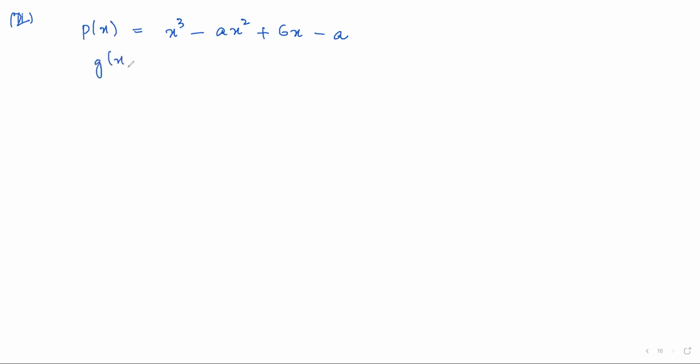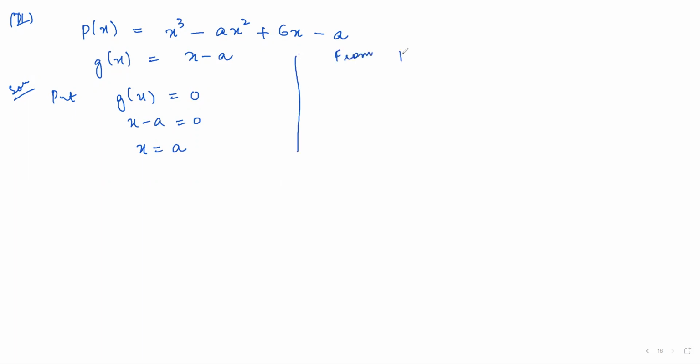So my gx is what? x minus of a. Find the remainder. Same problem. Put gx solution. That put your gx is equal to 0. So that means x minus a is equal to 0. That gives you x is equal to a, right? So we can say